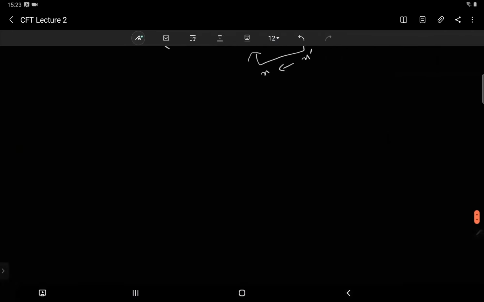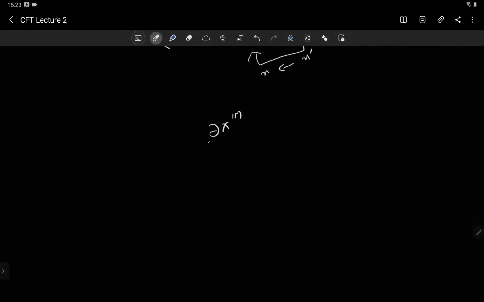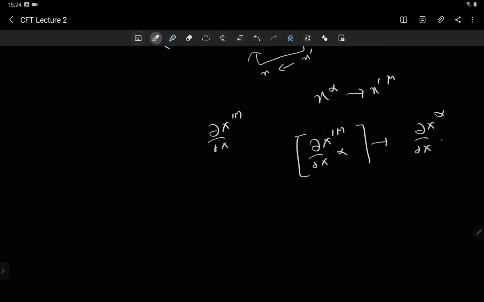It is a solution, because the inverse of a transformation del x prime del x mu, if I go from x alpha to x prime mu, then the corresponding matrix is del x prime mu del x alpha. So then the inverse of that is just this, del x alpha del x prime mu. This is the inverse matrix, right? If you go from x prime to x, you will get this.